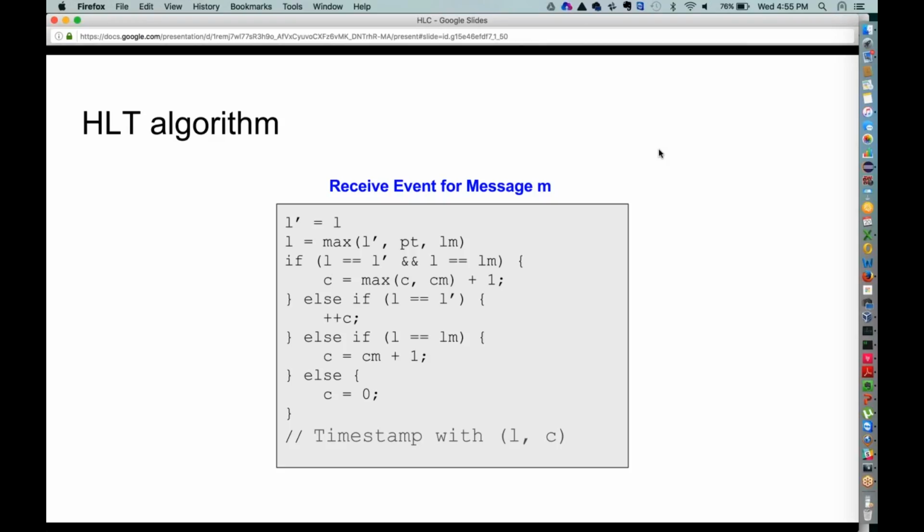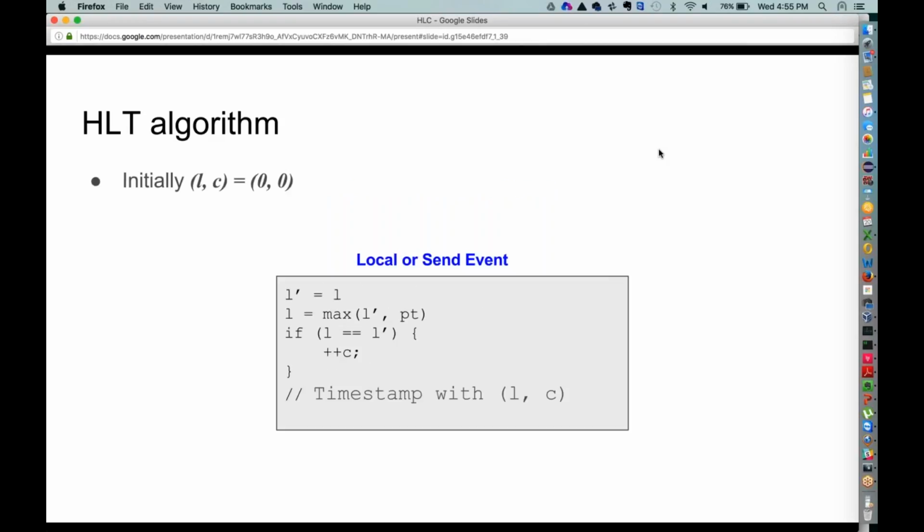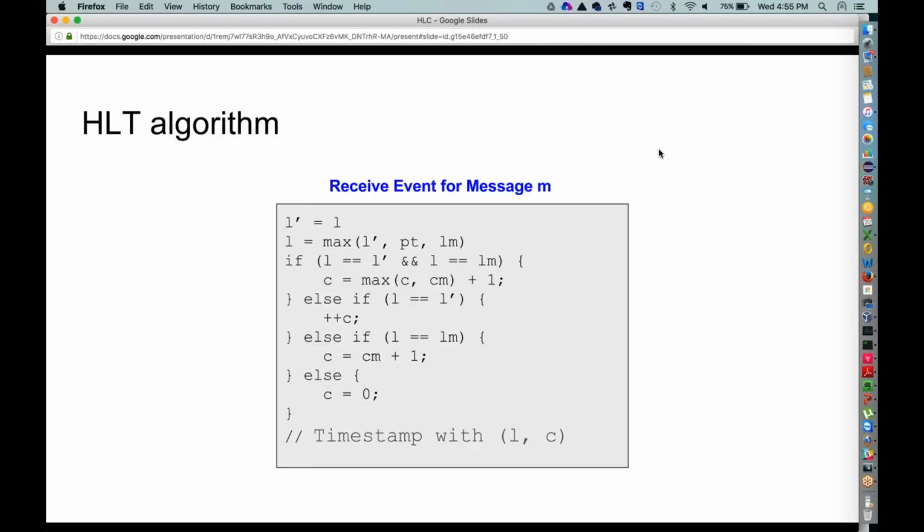So this gives us the ability to keep track of the highest physical time that has been observed anywhere in the system, and within the same physical time, keep track of the logical increments of events that have been observed. Using the combination of L and C gives you the true timestamp value.